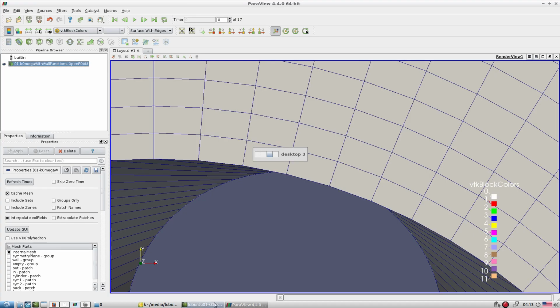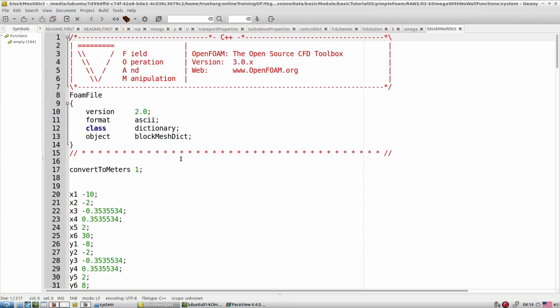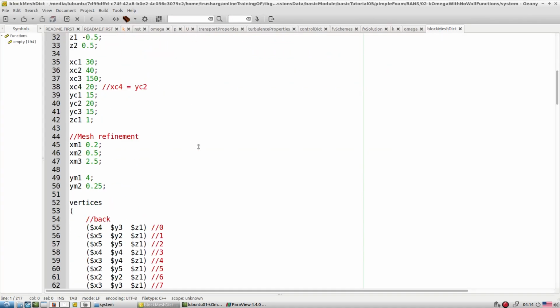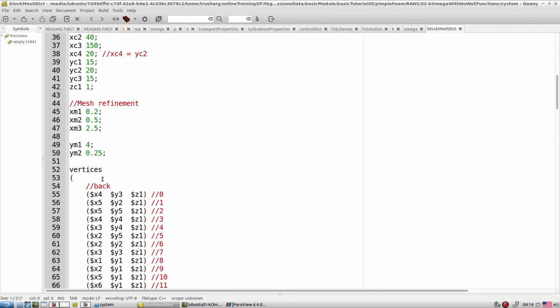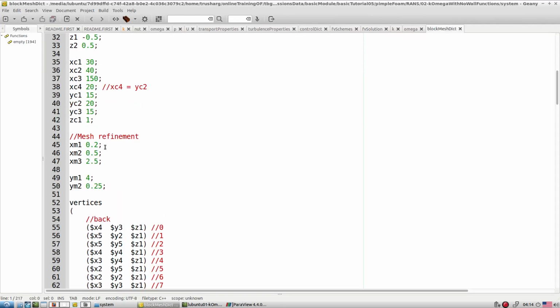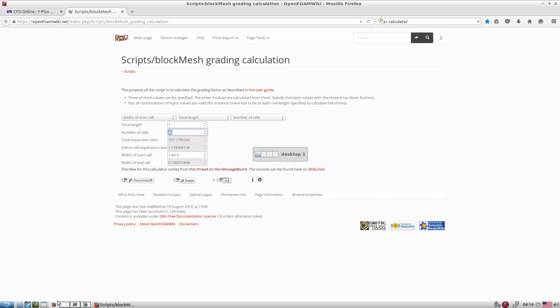Where are you supposed to set this expansion ratio? You have to set this expansion ratio in the block mesh file. This is mesh refinement, and these are all expansion ratios. So this expansion ratio you have to set in the block mesh file appropriately, so that this first cell height happens to be 10 to the power whatever you require, 1.4 10 to the power minus 3.